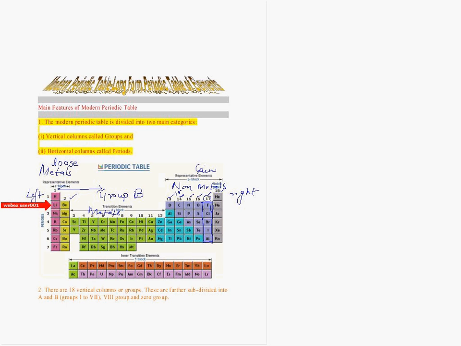Okay, see, the metalloids we have: boron, right? But only this many are metalloids. There are 7. These are metalloids, these are all metals, and there is a zigzag line, this one, and then we have 7 metalloids, and 5 after that; these are all non-metals. So actually the metalloids are in the center between non-metals and metals, or you can say the metalloid is the layer which separates metals